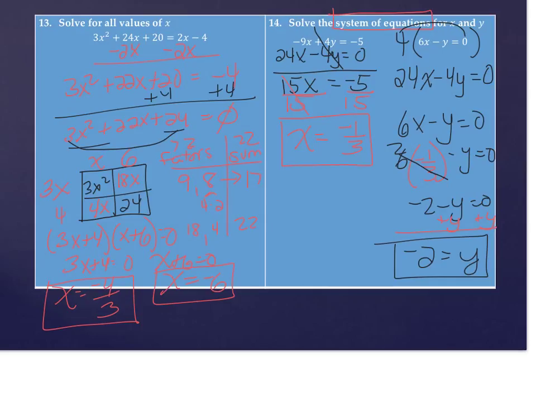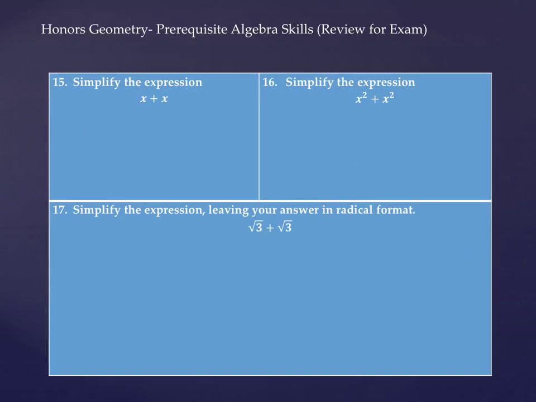If we were to substitute both of these values in both of these equations, we would end up with true equality statements up here. And that's the definition of a solution to a system of equations. Okay, problems 15, 16, and 17 I put on the same page because they are all related, and I find these to be confusing for students. So what we have here are